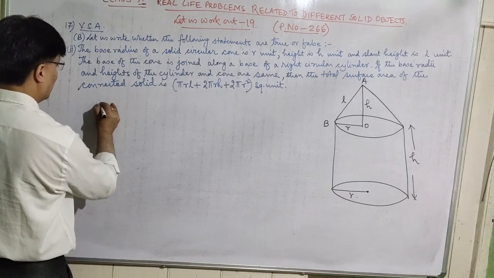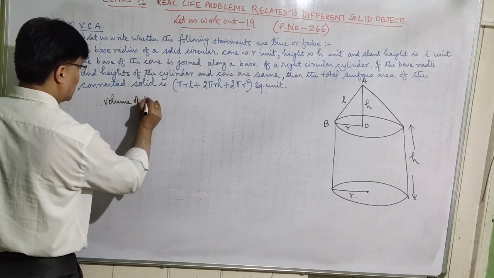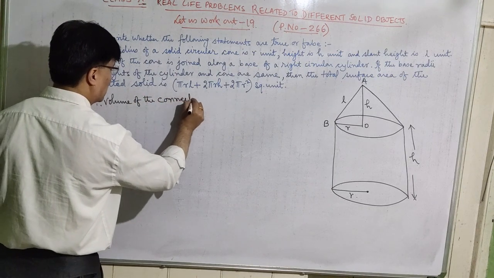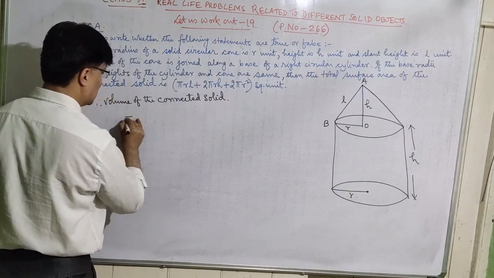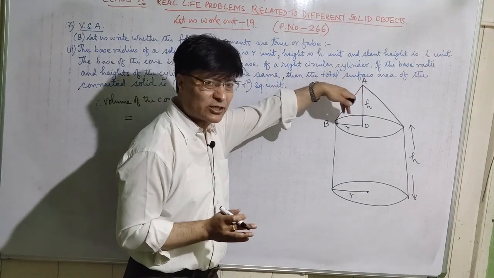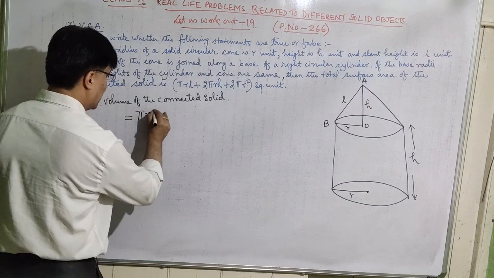Now therefore, volume of the connected solid, volume of the connected solid is equal to what is the surface area of the cone? What is the slant surface or curved surface area of the cone? It is pi rl. This is your pi rl plus